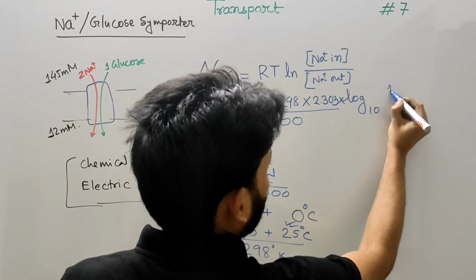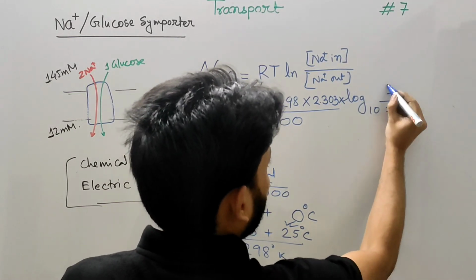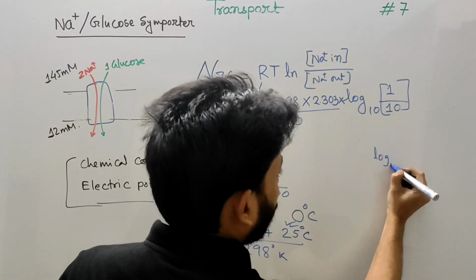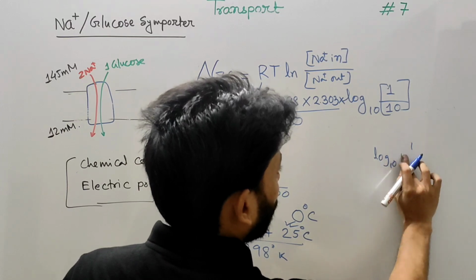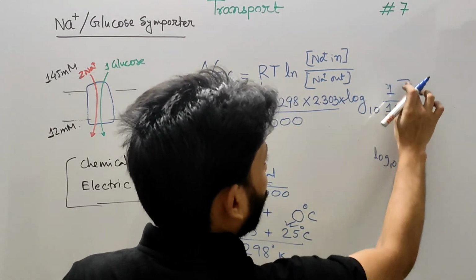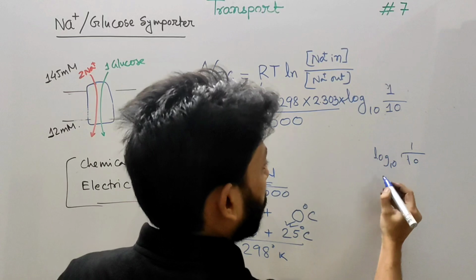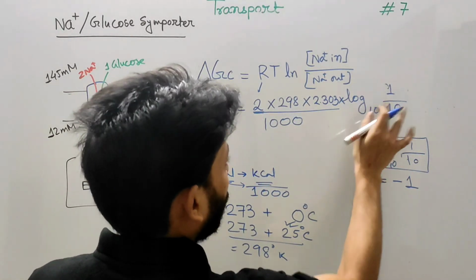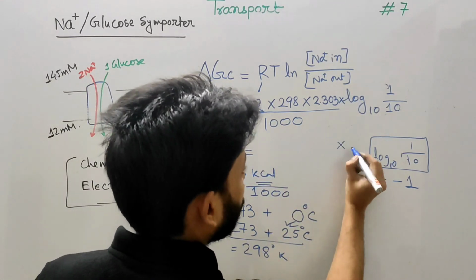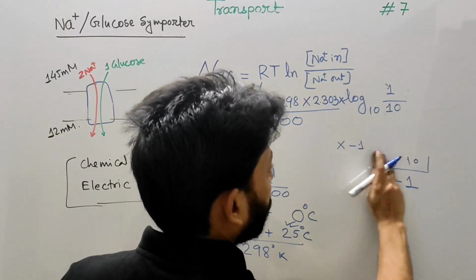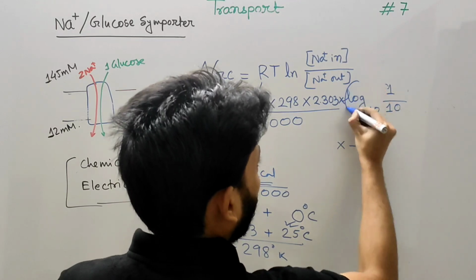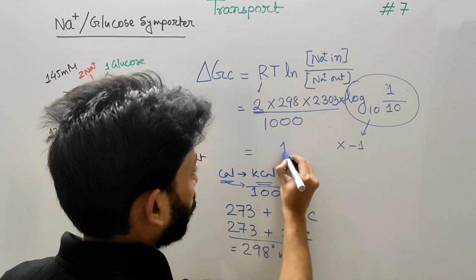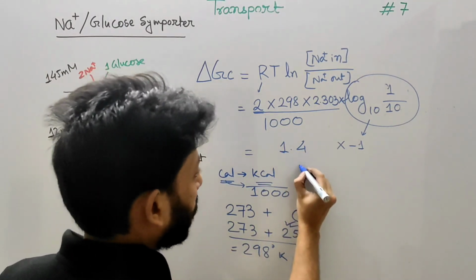So inside is 1, let's suppose, and outside is 10. So this is the value. What will happen? The log 10 of 1 by 10, suppose this is 1 by 10, this concentration ratio is equal to -1. So we will replace this logarithm value with -1, and here you will find approximately one value, 1.4. So basically it will generate